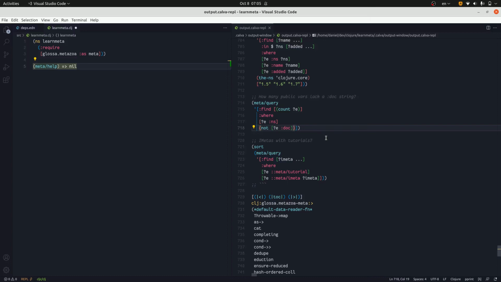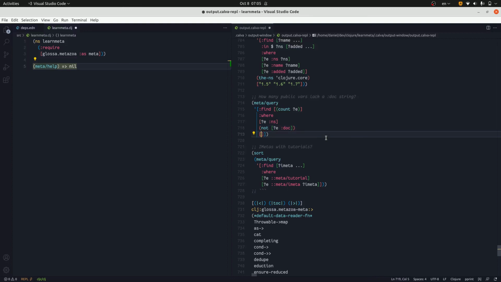Maybe the name of the var is sufficient. But let's go ahead and say, okay, how many things? This is a shorthand for saying the imeta has a namespace. So this is going to limit us to vars. Let's go ahead and say